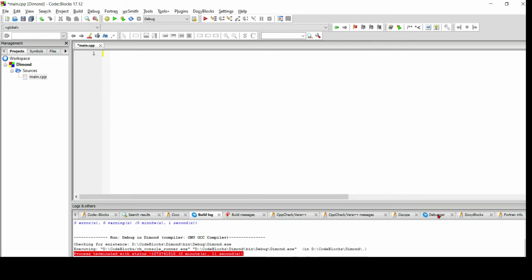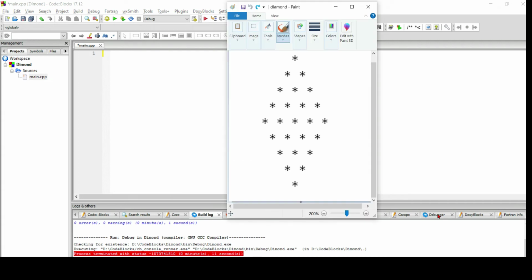Guys, in the continuation of the pattern coding series, our today's pattern is diamond shape. Before starting the coding for the diamond shape pattern, I would like to discuss the logic behind that. I will just open my paint window and try to give you the basic logic behind the code. First of all, we have to write the code for the uppermost pyramid pattern, and the second part of our code will be a lower pyramid pattern, that is inverse pyramid.